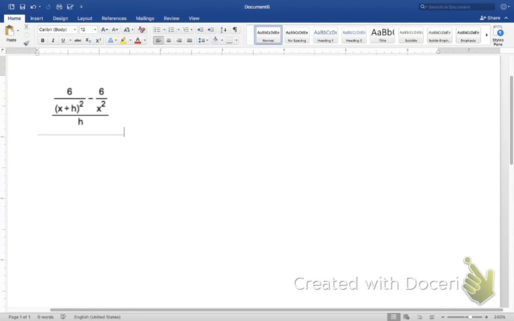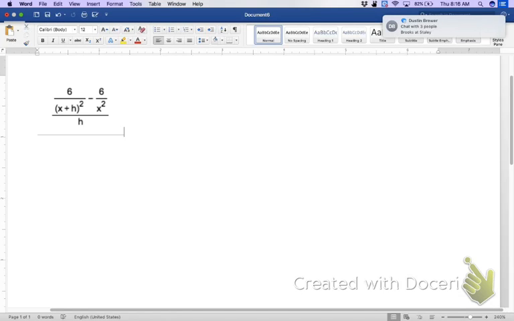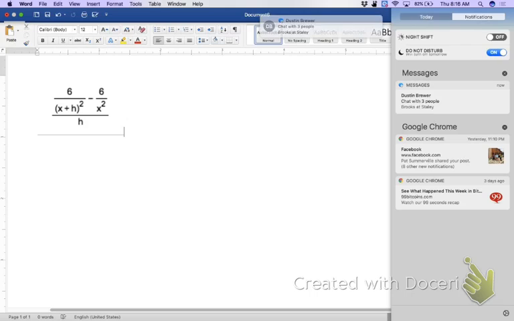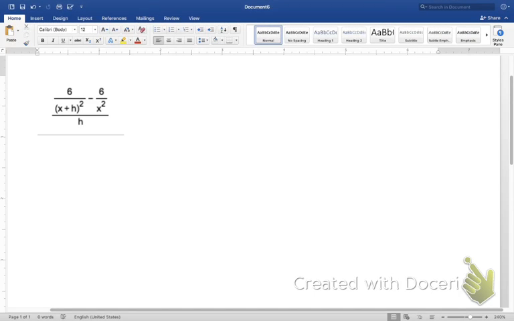So this was the last question on P6 day 2, right? So first thing, let's just worry about, obviously the only thing we really have to worry about is the top side, right? Because the bottom side is just h over 1. So whatever we get on the top,